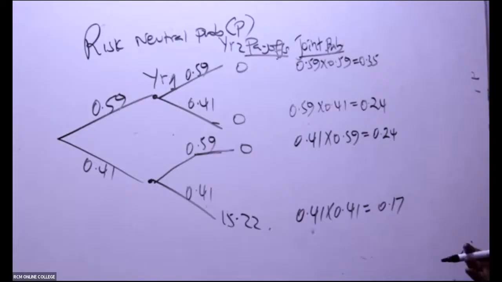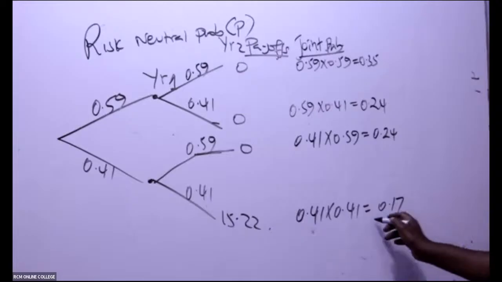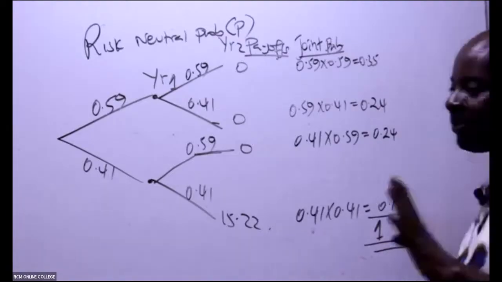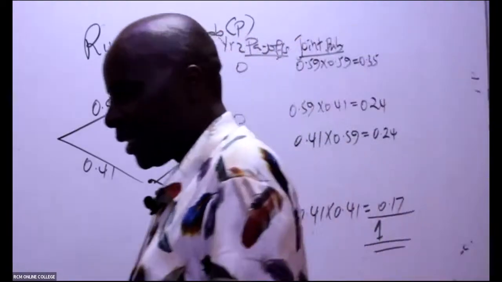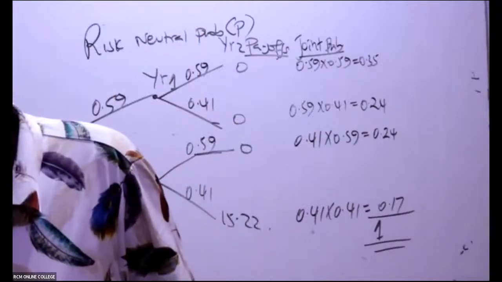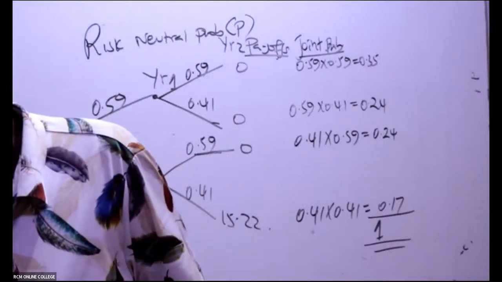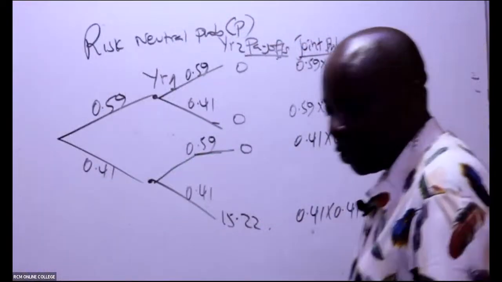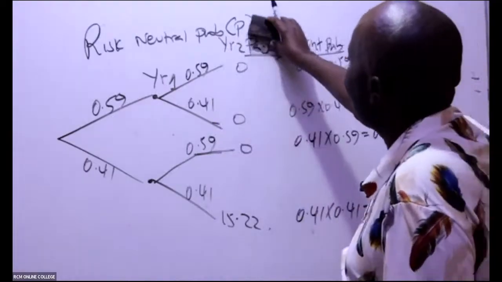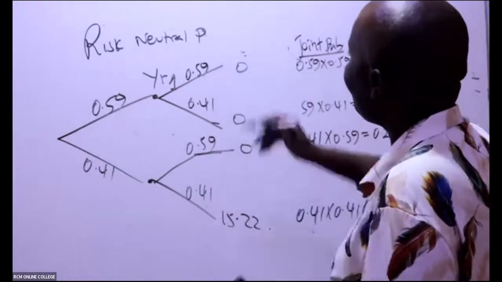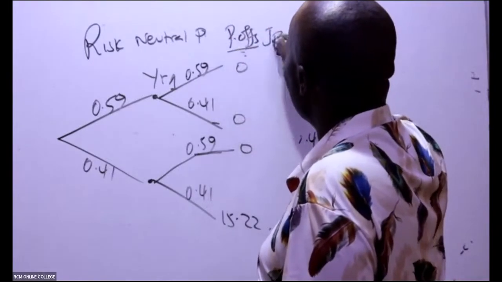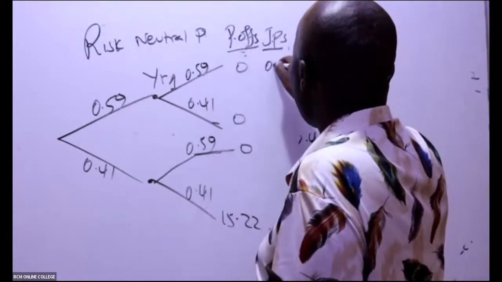And of course, if you are very right, except for rounding off errors, which may be there because we are taking this to a lower figure, we expect these joint probabilities to add to 1. It is 1, isn't it? Because of lack of space, you will allow Mwalimu to come and call these ones. These are payoffs, and these are JPs, joint probabilities. I'll write them here: 0.35,